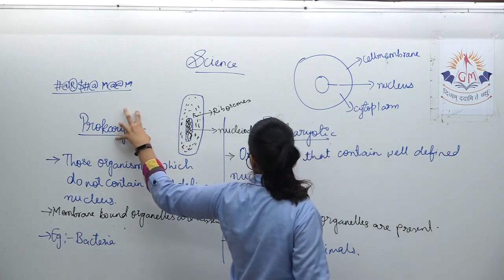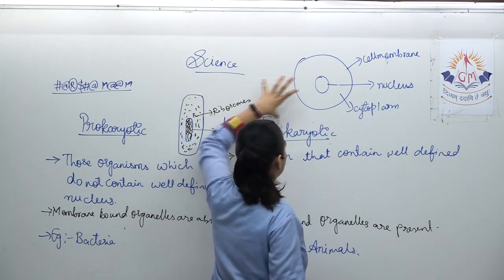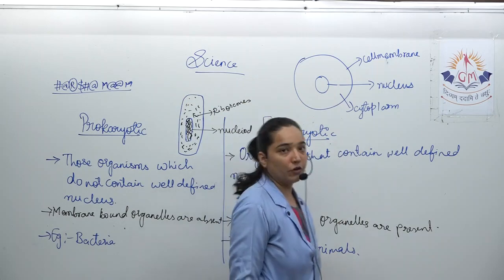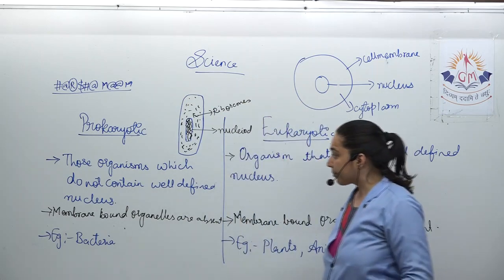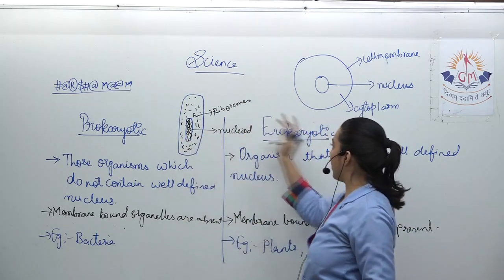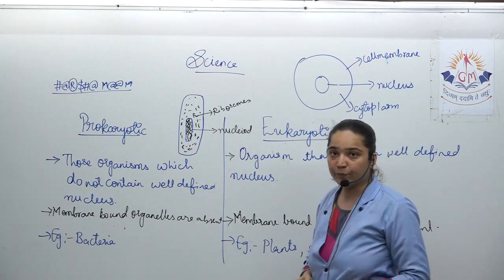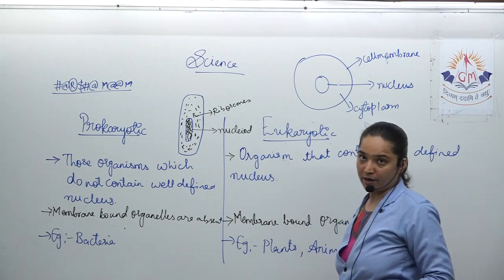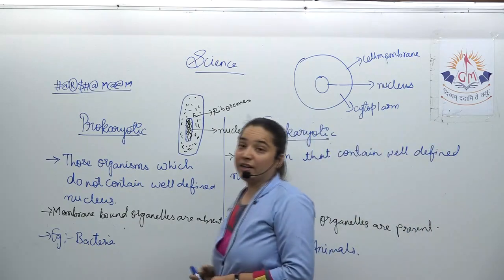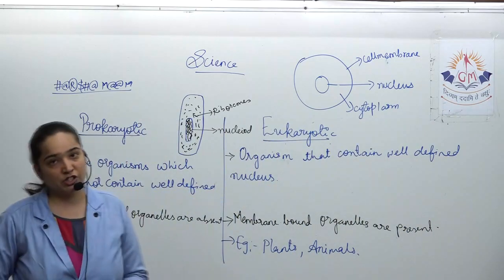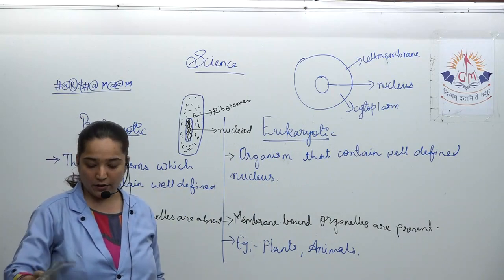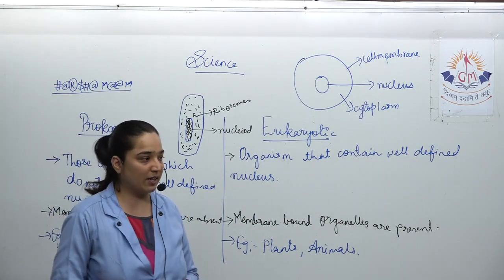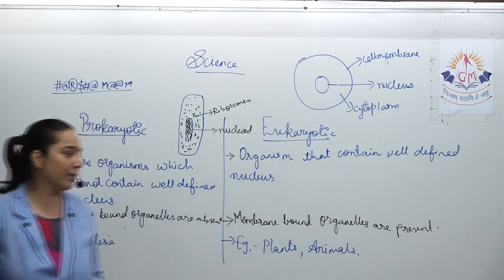This is one of the diagrammatic views of prokaryotic, and this is the diagrammatic view of eukaryotic. So this is how you can differentiate between these two. Here many organelles will be present, and which organelles will be there and what will be their function, that we are going to discuss. But before that, you have to note this down so that we can start with the cell membrane.